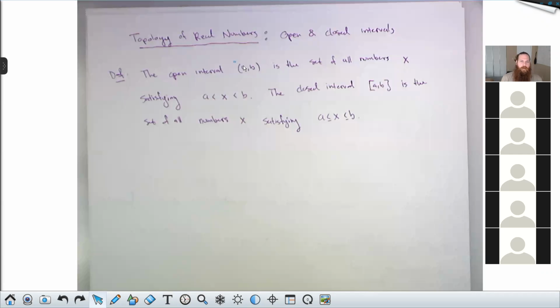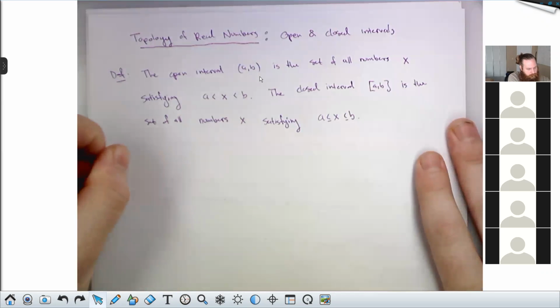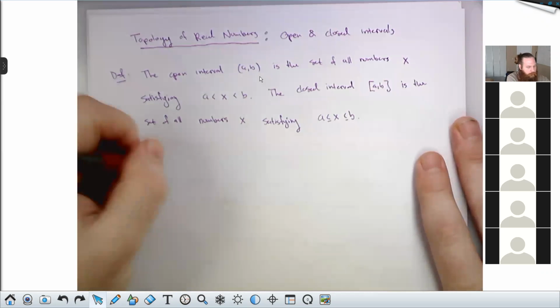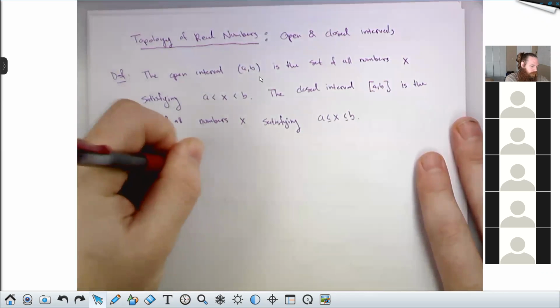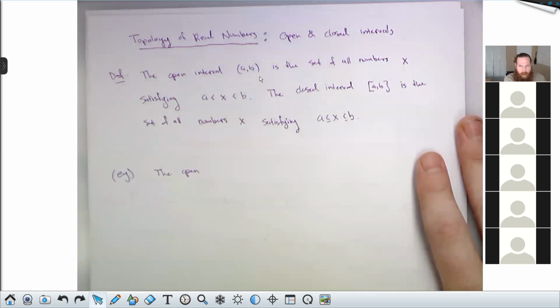The neat thing about open intervals is that they don't contain their endpoints, but they do contain everything up to their endpoints. And that's where the heart of this concept of a limit lives.